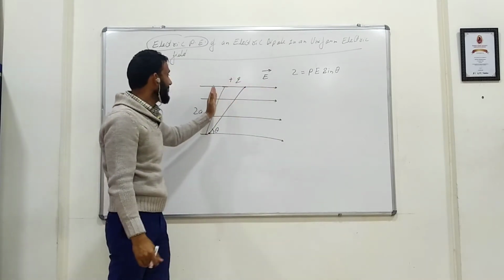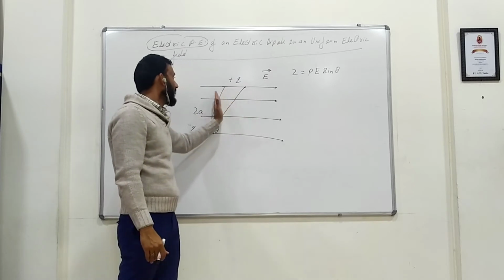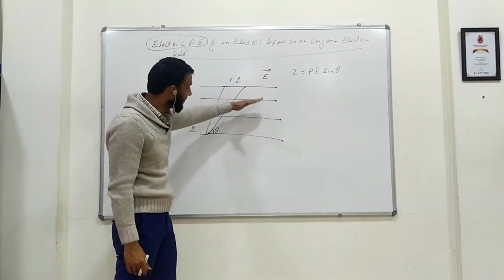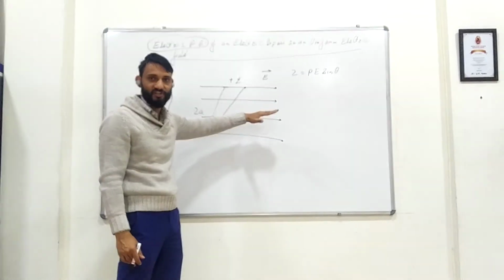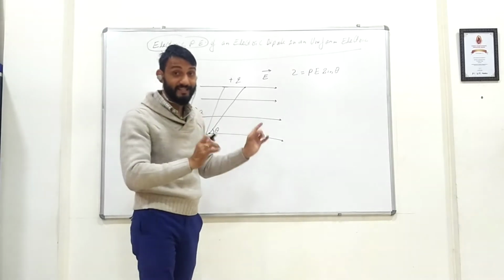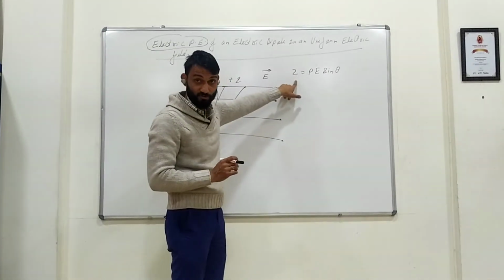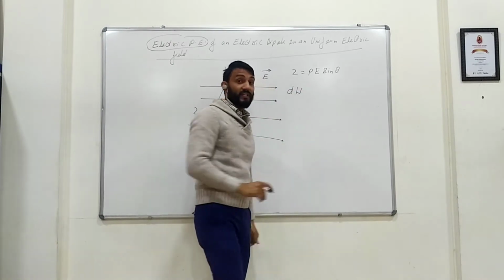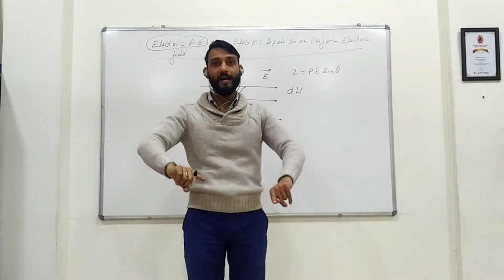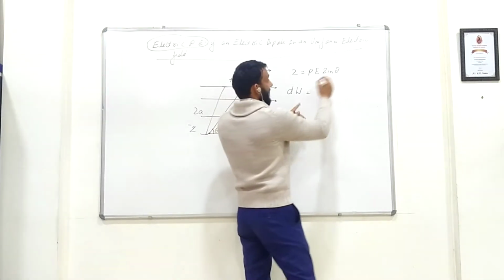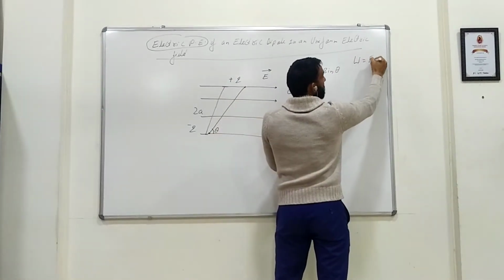Okay, so basically what is happening, the dipole is moving like this, back and forth, back and forth. So it is rotating in this direction. Is this clear? So work will be done against what? In this case, against this torque. So a small amount of the work done in rotating the dipole against this torque will be dW is equal to, like we have work done is equal to force into displacement.